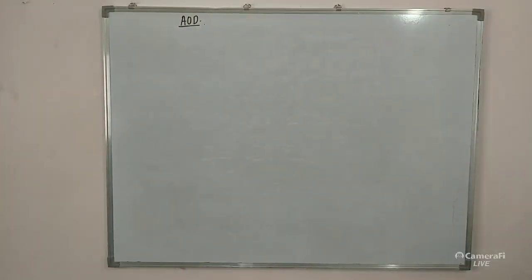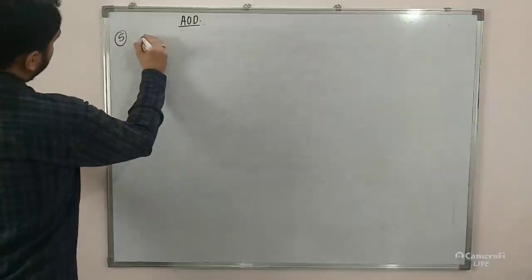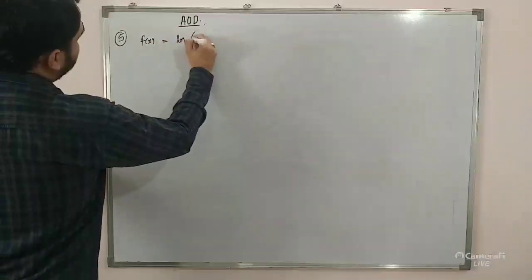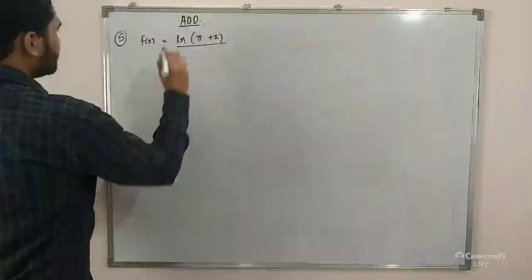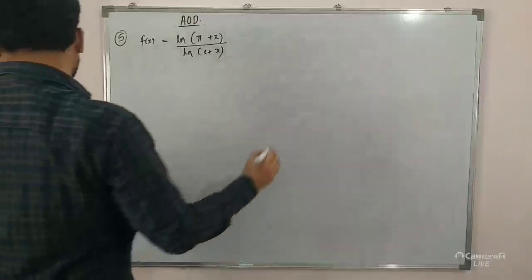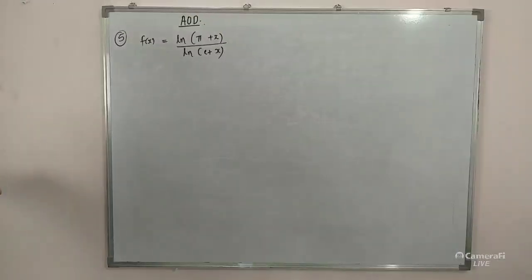Okay, let's solve question number 5. Fifth question. The question is: f of x equals ln(pi + x) upon ln(e + x). We have to decide in which interval the function is increasing and in which interval the function is